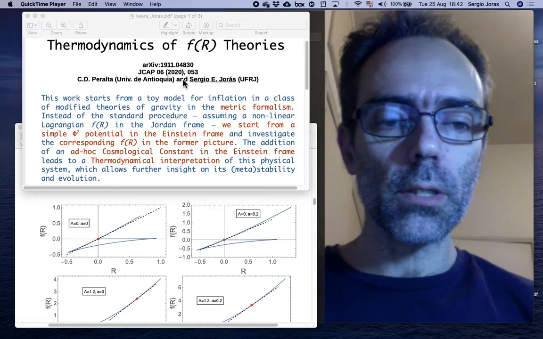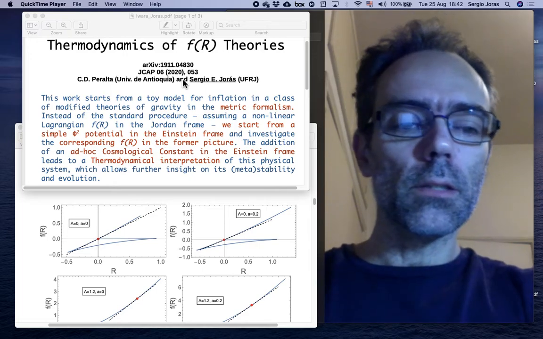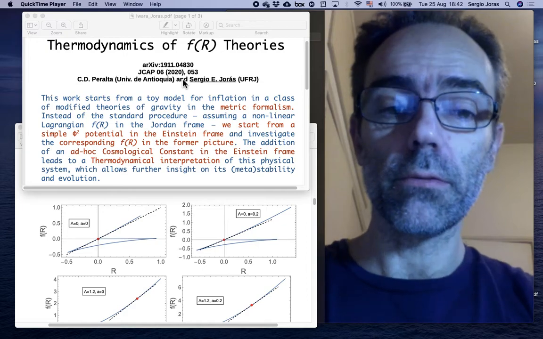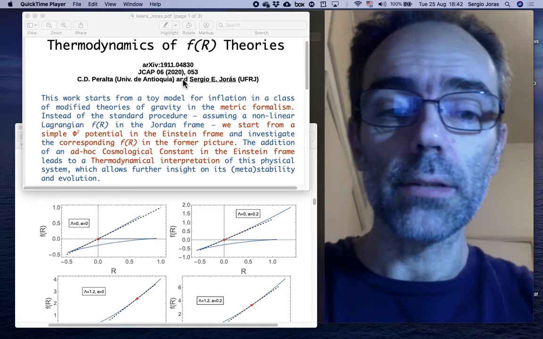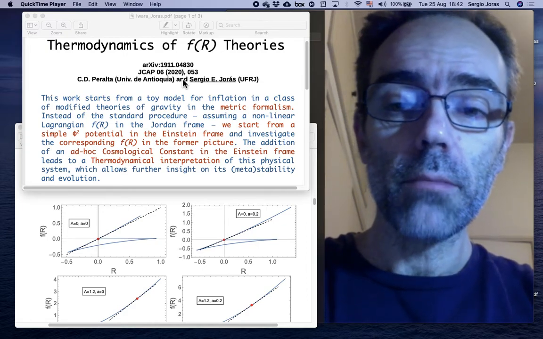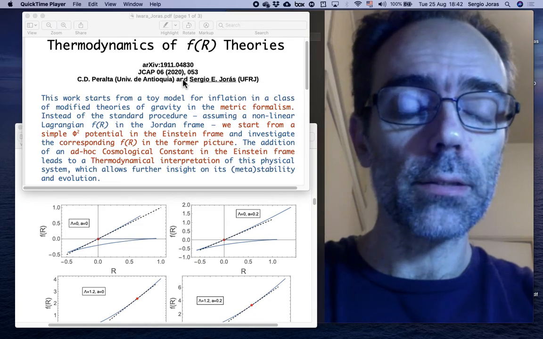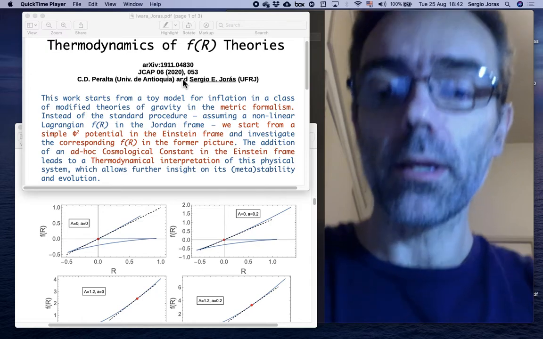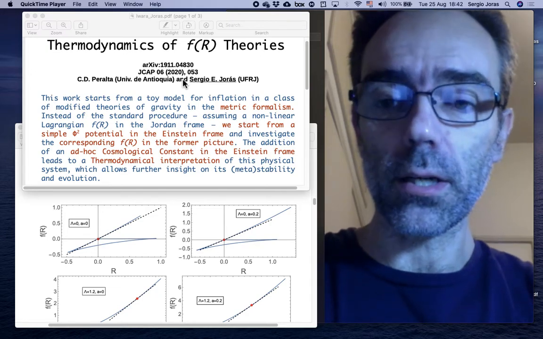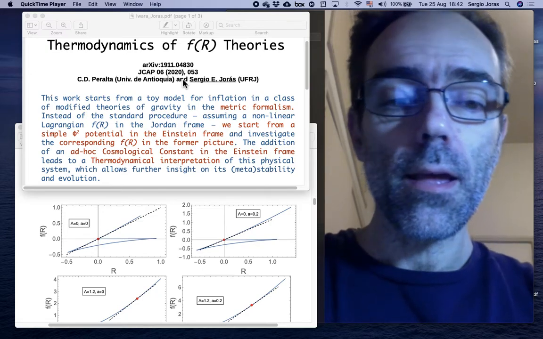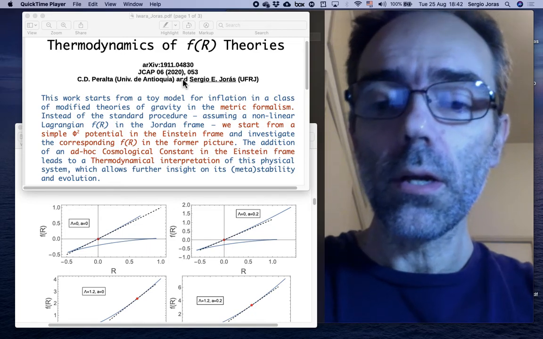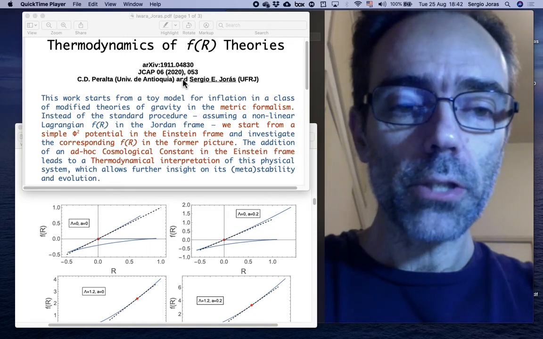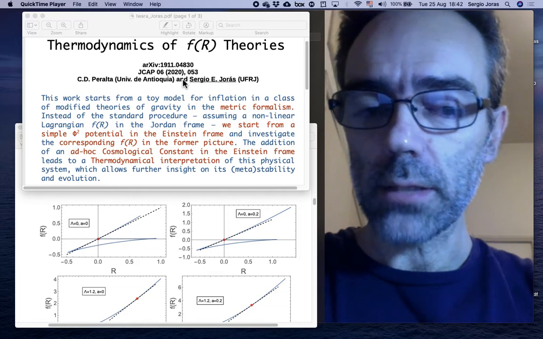So in this work, we investigate the so-called modified theories of gravity, also known as f of R theory, because they assume that the correct description of gravity is given by a nonlinear function f of R in the Jordan frame. As you may or may not know, upon a conformal transformation, we can go to the so-called Einstein frame,